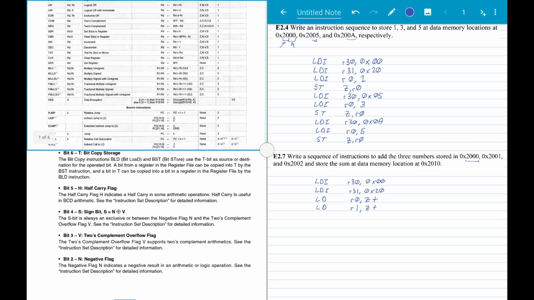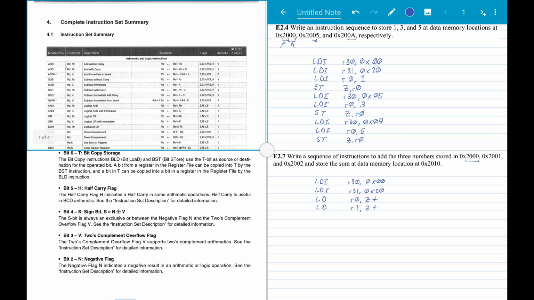So if we go back and review our add, it is RD and RR. We want it to go into register 0. So if we do an add, register 0, register 1, that will add the contents of register 0 and register 1 and put the answer in register 0. So now if I do a load into register 1 from Z, I don't need to increment it because